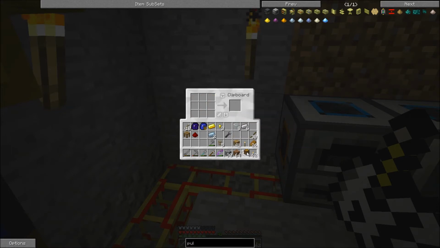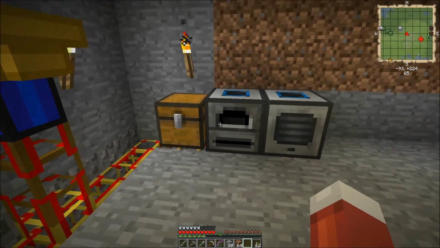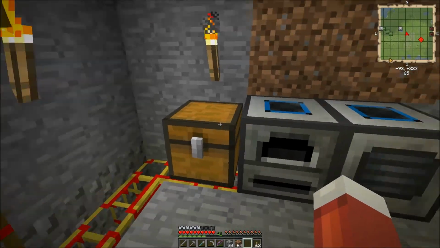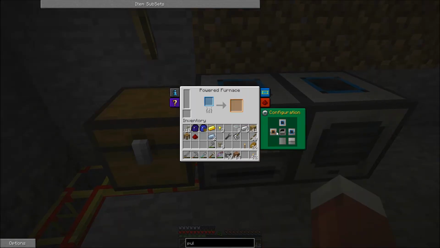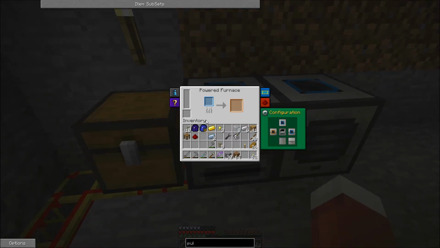God, I love those functionality buttons on the clipboard. So useful. Make so many chests with these mods. Alright, so now anything that gets smelted here automatically goes out to the left, which is going to go into that chest. A couple of other things worthy of noting in here is